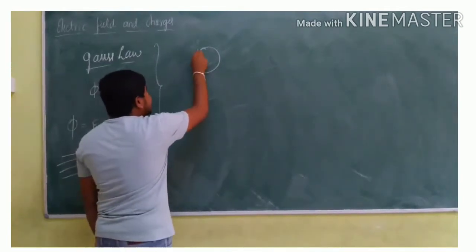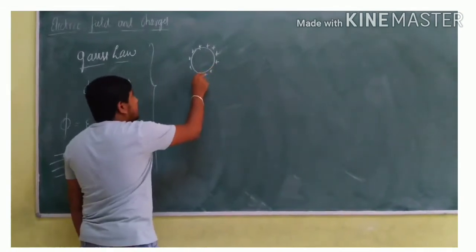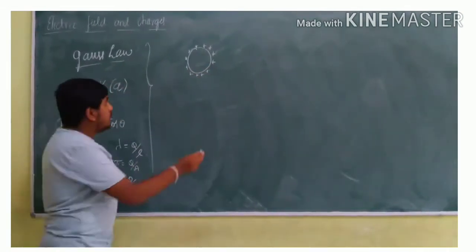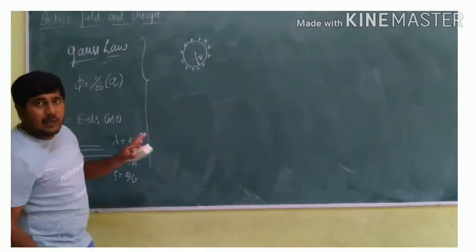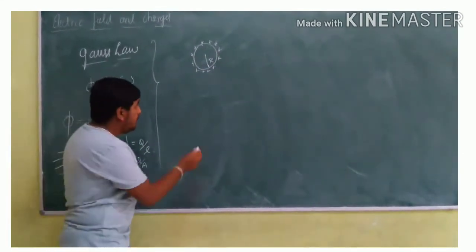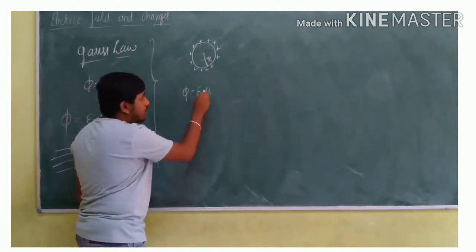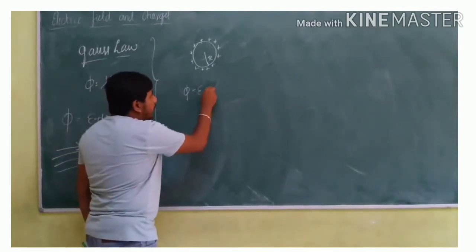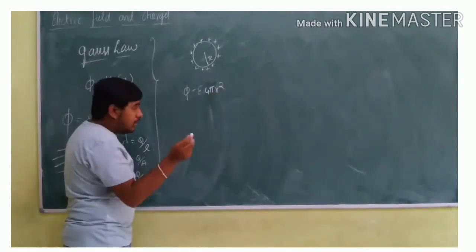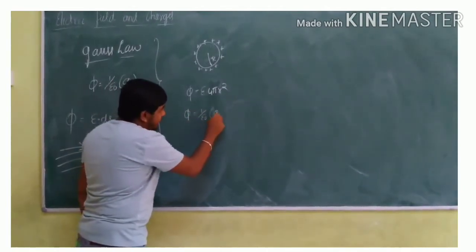For a positively charged sphere, we have to find out how much the electric field is on the surface of the sphere and outside the sphere. So let r be the radius of this sphere. Applying Gauss law and flux condition, we are going to get the value of electric field. What we know is flux is equal to E into ds cos theta. The area is given by the formula 4 pi r square. Again according to Gauss law, flux is equal to 1 by epsilon naught times net charge enclosed.